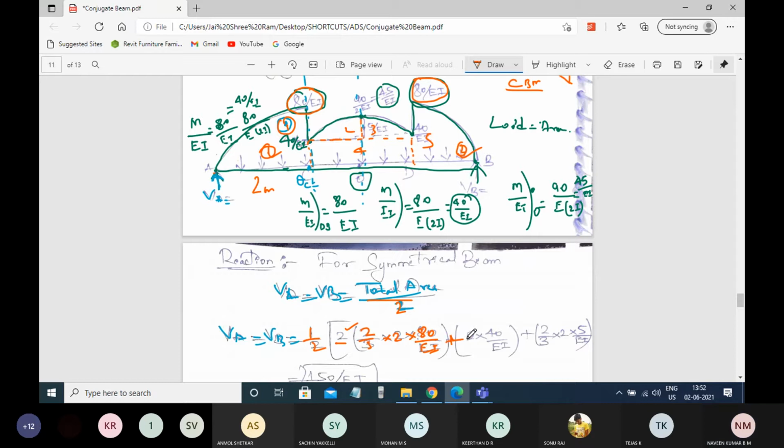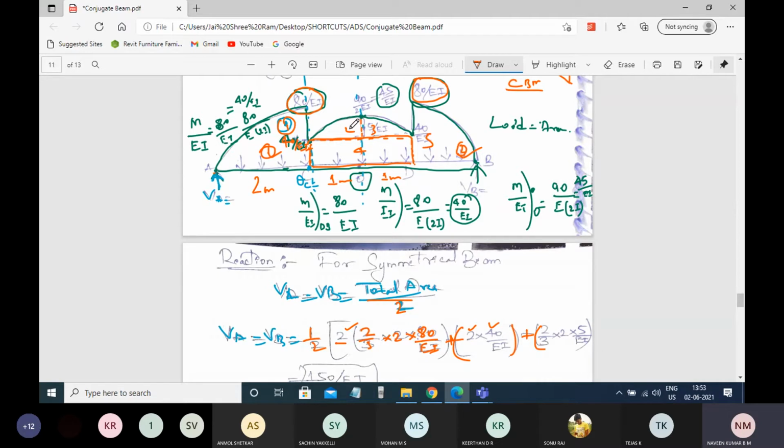Plus the area of this particular rectangle, that is 2 meter, since this is 1 meter and this is 1 meter, so totally 2 meter, times 40 by EI. So 40, that is H, we got over here. So 40 by EI plus